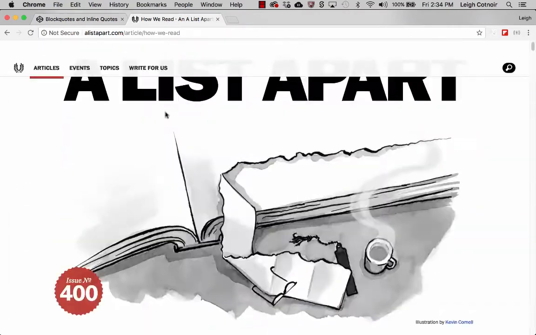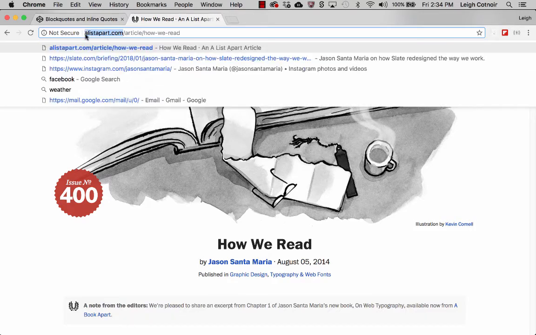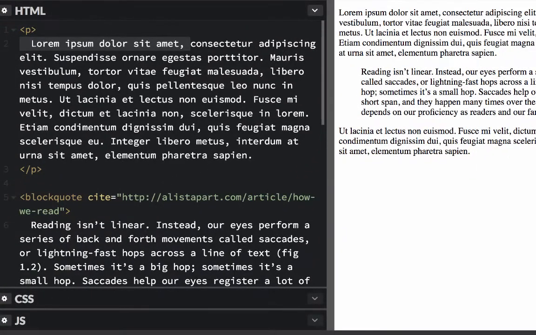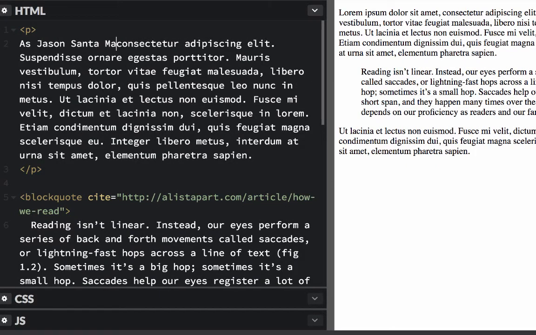and let's look at the author's name so that you can see. It's Jason Santamaria, who, by the way, is an incredible web typographer. And by the way, this is a great website. It's alistapart.com, and without going into it and spending a lot of time in this demo, this is a really, really wonderful website. You should consider checking it out. Anyway, so it's Jason Santamaria, and I can say something like, as Jason Santamaria says,